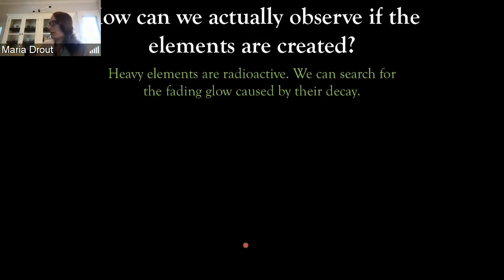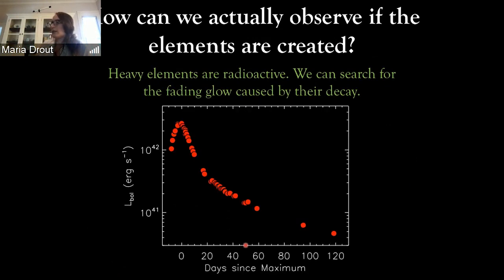So I'm going to show you the example of a normal supernova. This is what the light curve of it might look like. So it's getting brighter on the vertical axis and then time on the horizontal. So even though a supernova explosion happens in a fraction of a second, we see light from those explosions for months.